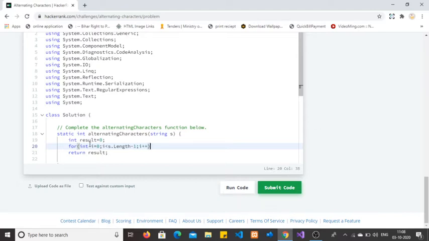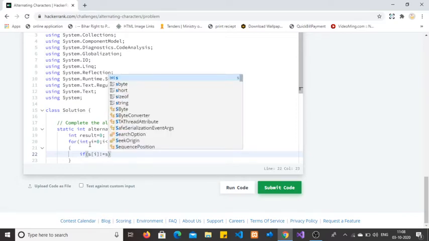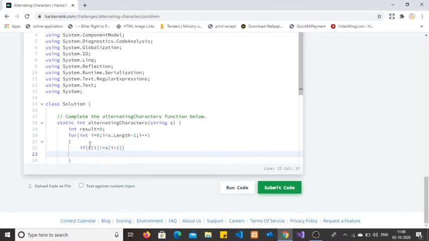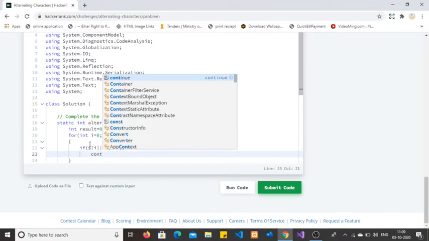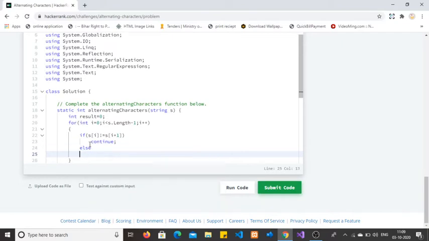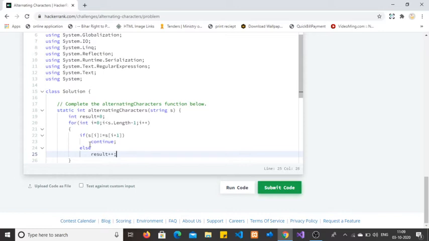For each iteration I am updating the i variable. If s of i is not equal to s of i plus 1, then we will continue, else we will update result plus plus.